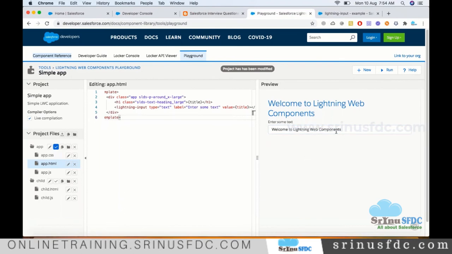Now when I change the value through this, in general, as part of Aura or Visualforce, if you refer to some variable in Visualforce, or some attribute in Aura, whatever value we change,